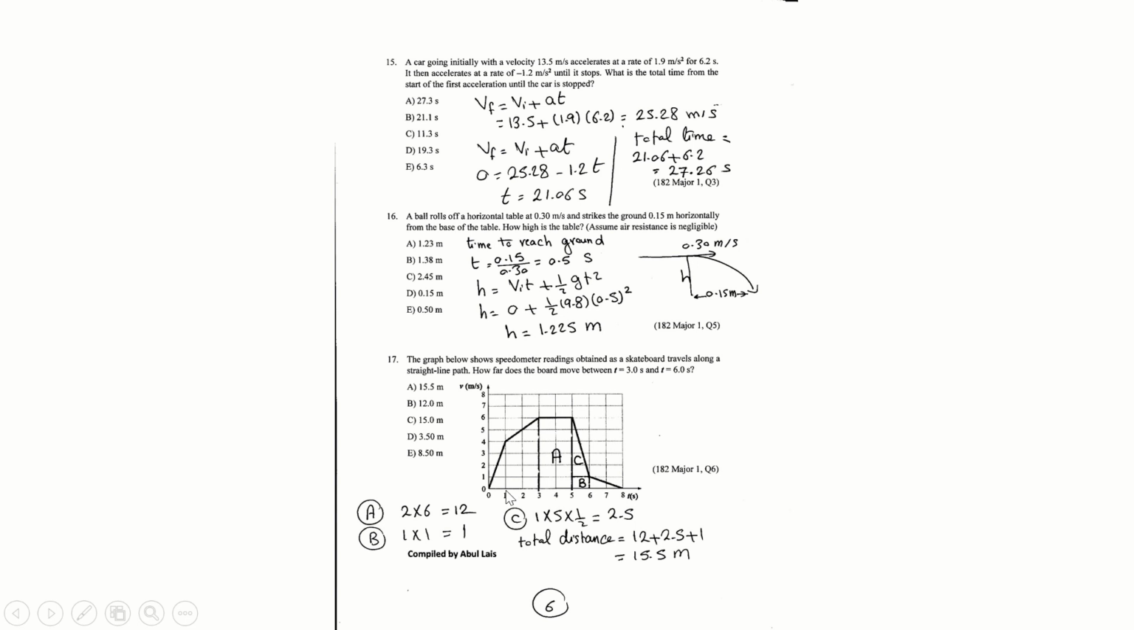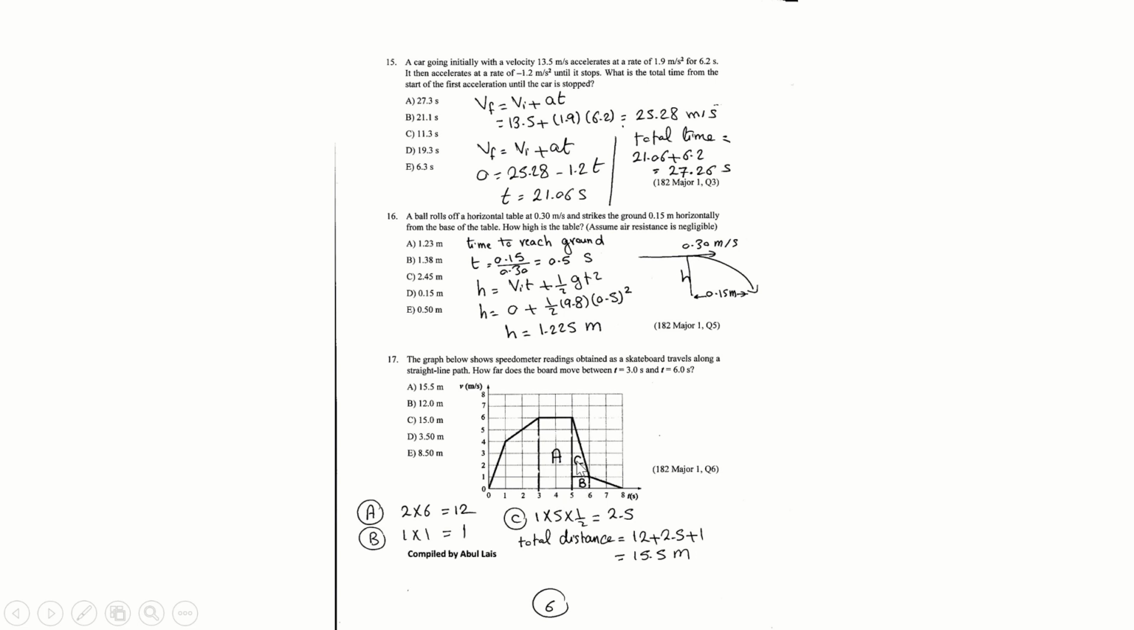So again, I told you, if you see the velocity time graph, then you must find the area under the graph. Again, here we need only to find the area between 3 and 6, and I can easily split this into 3 areas, A, B, and C. I have rectangle, another rectangle, or a square,